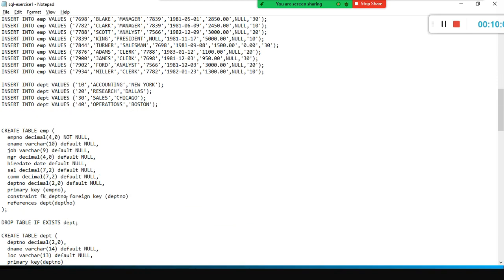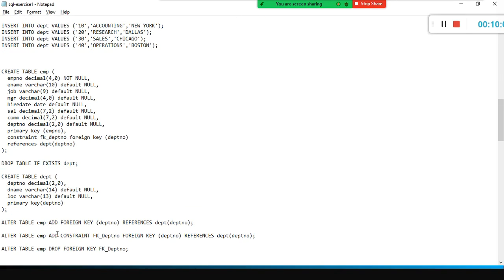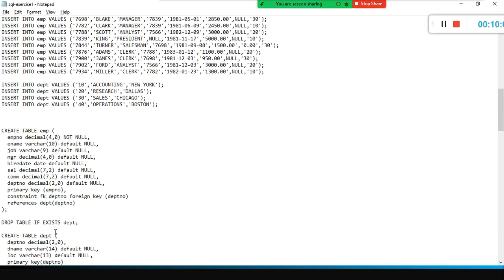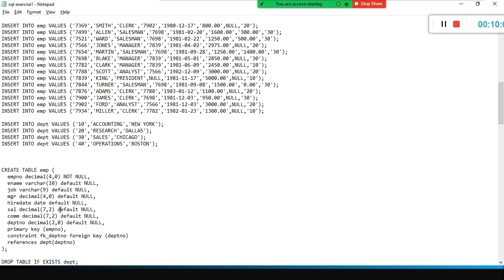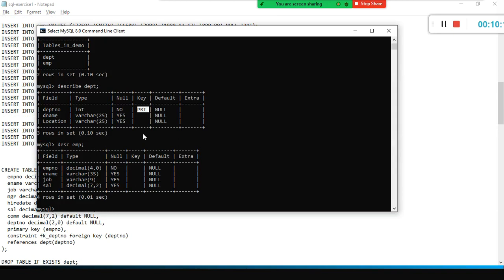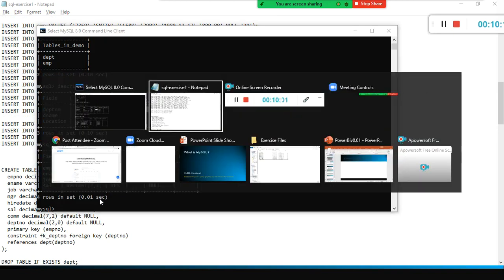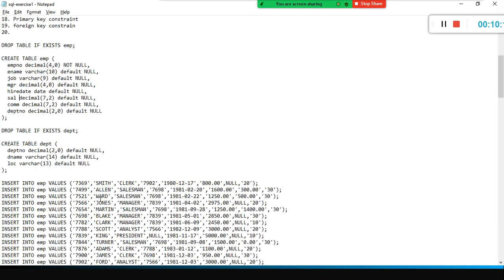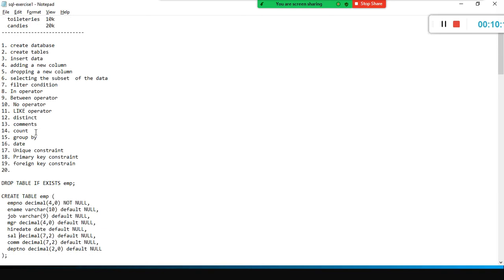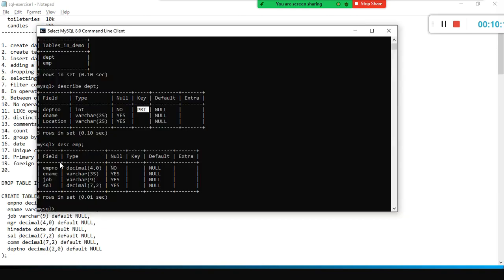We created the table, and the primary key and all, we created it, right? Yes, I created the primary key, that's why it shows primary key. So now you understood how to view the content, or the structure of the table. This is called your structure, right? The structure of it, what columns are there, what data types, and what is the size of each column. So this is 25 characters.